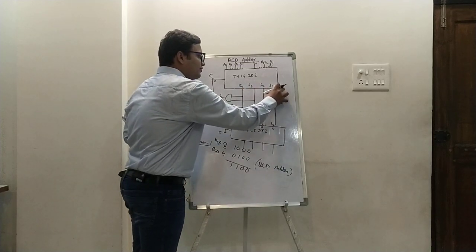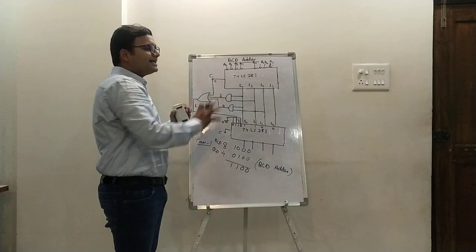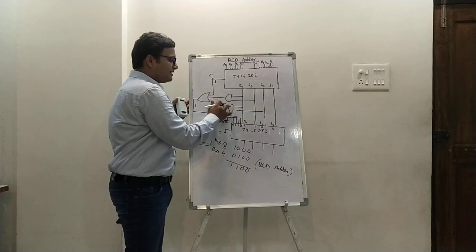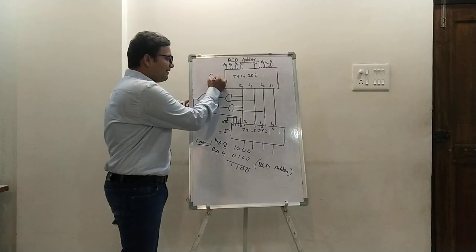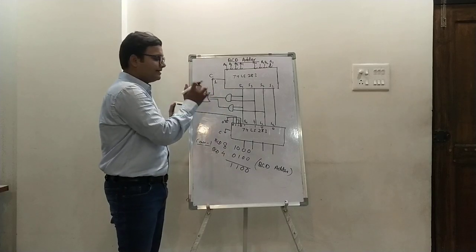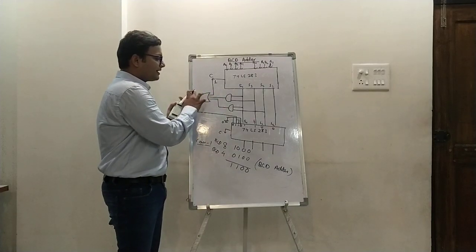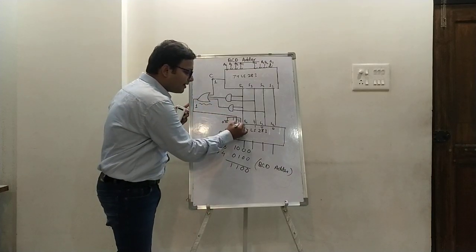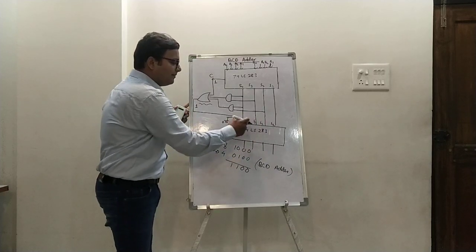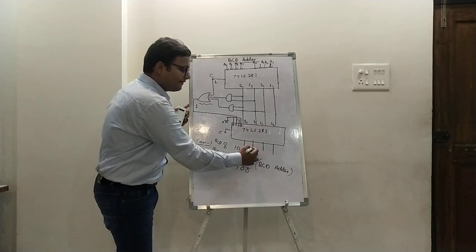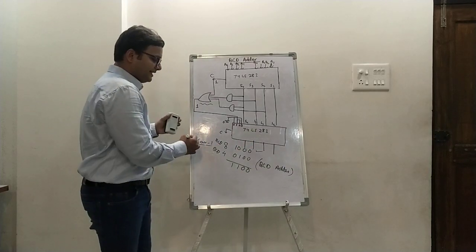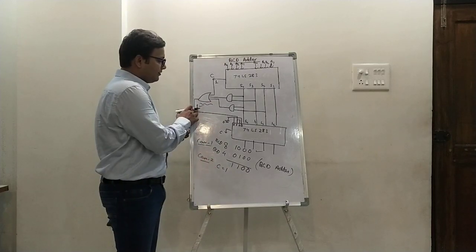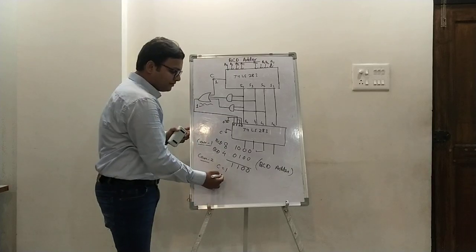Next, case 2. What is my case 2? Let's say my sum is less than 9, but carry gets generated. So see here, if any of the inputs is 1, whatever it may be, the output of this correction circuit will give 1. Again it will go over here, and this will be 1 1, and whatever may be the sum here will be added with the 6 to get the final BCD sum. So in case 2, if carry is there, then this circuit will give me 1, then 0 1 1 0 is going to be added, so we will get the valid BCD.